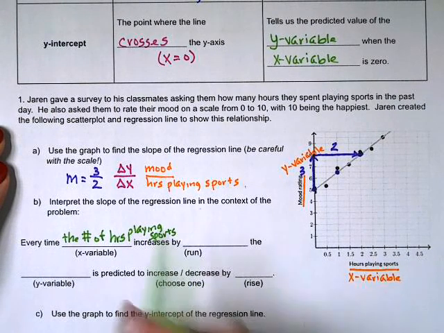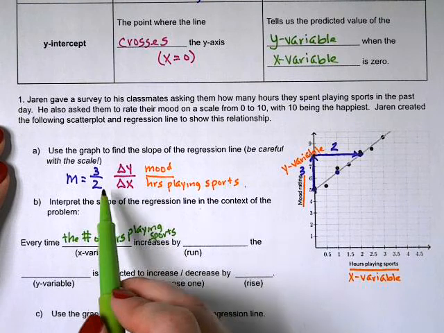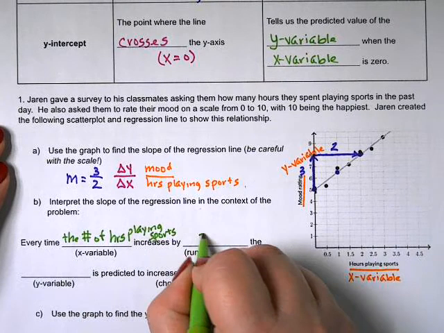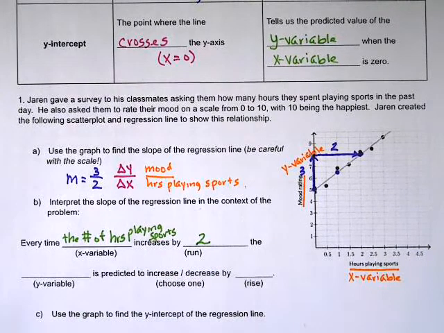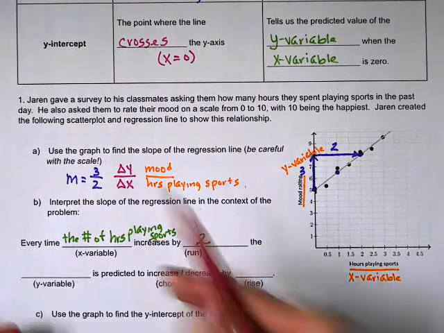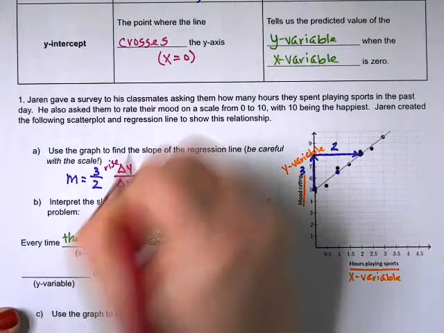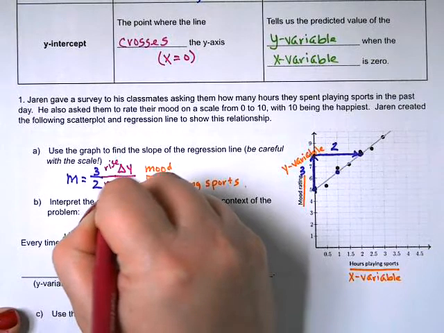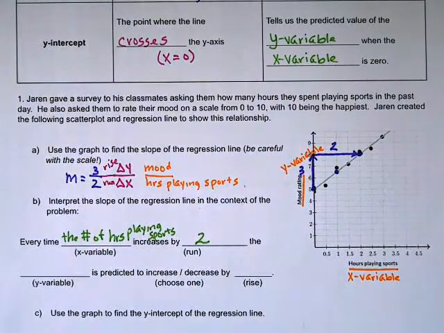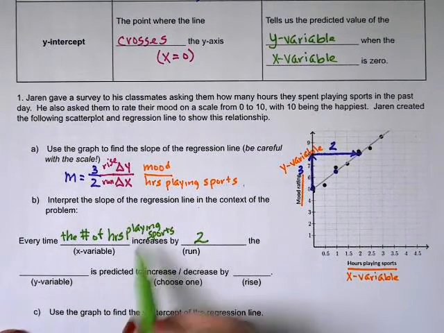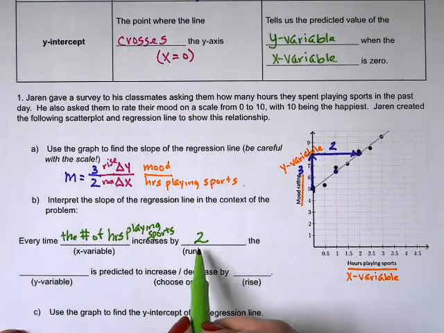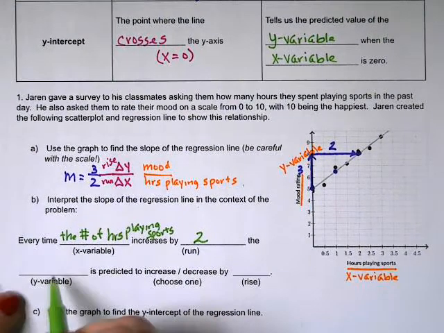Well, we said rise over run, so the run must be 2. We should write that. Sorry, I skipped that step. I wrote it up at the top, but I didn't write it here. So we've got rise over run. There we go. So every time the number of hours playing sports increases by 2,